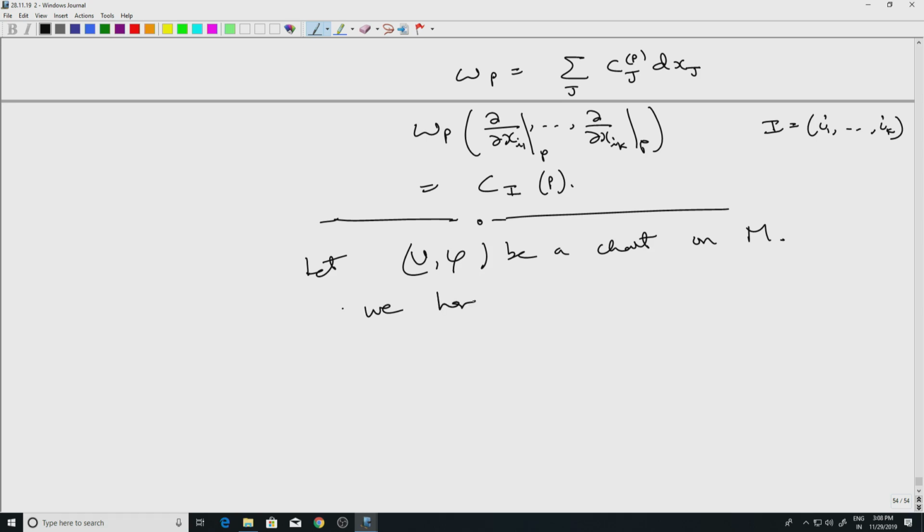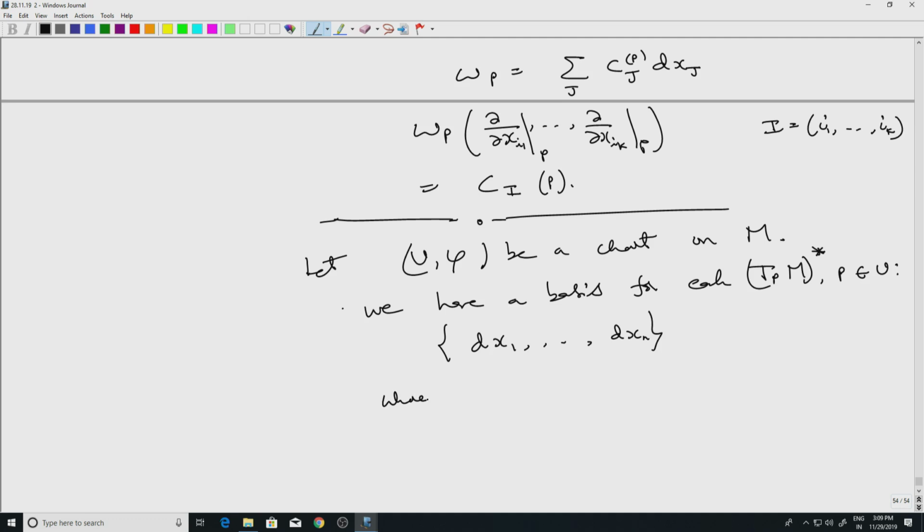We have a basis for each T_p M in U, namely for each T_p M star, the dual space. So dx1, ..., dxn,